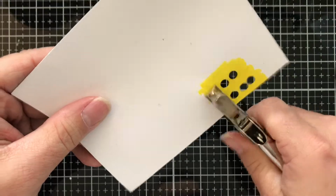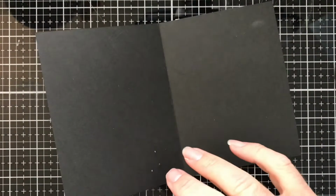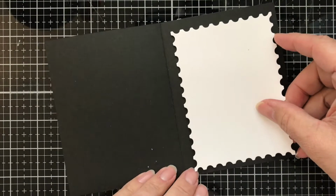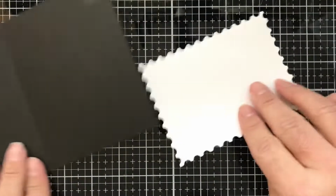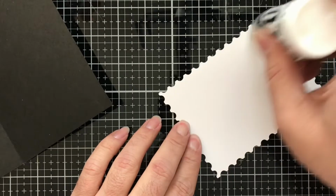This one actually holds it in the inside, which is kind of cool. So we put that to the side, and then we'll add that to the center of our flower poinsettia afterwards. So let's go ahead and bring in our card panel. Since it's black, we need a little something to be able to write on. So this is a postage stamp die from Tim Holtz. And we're going to go ahead and add some